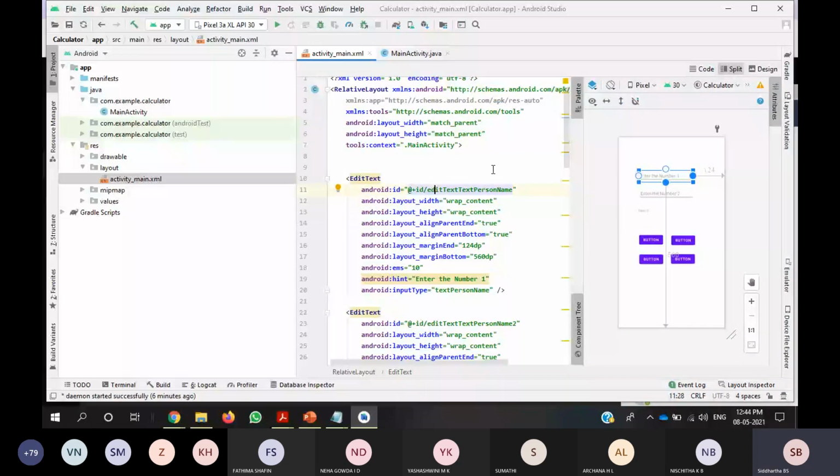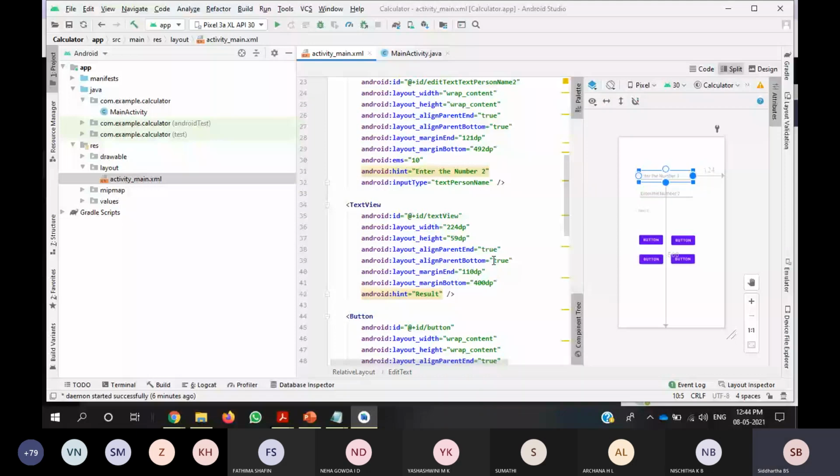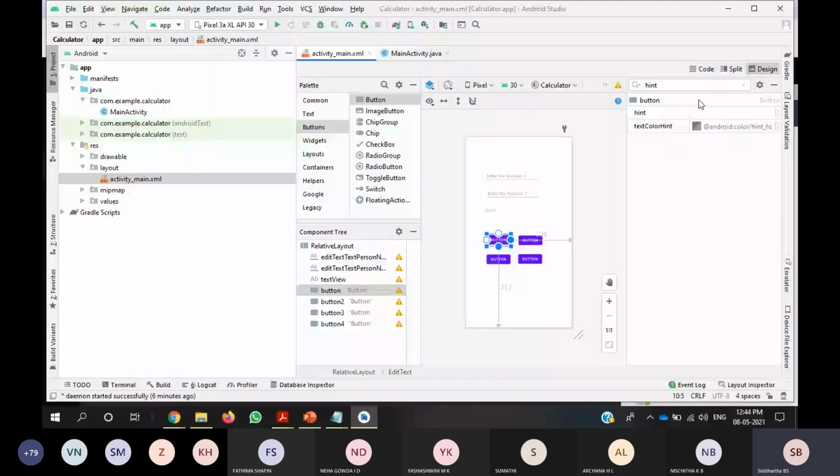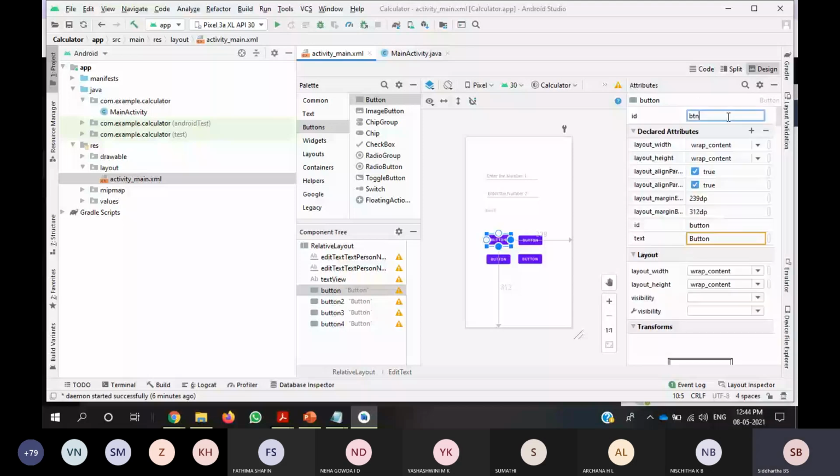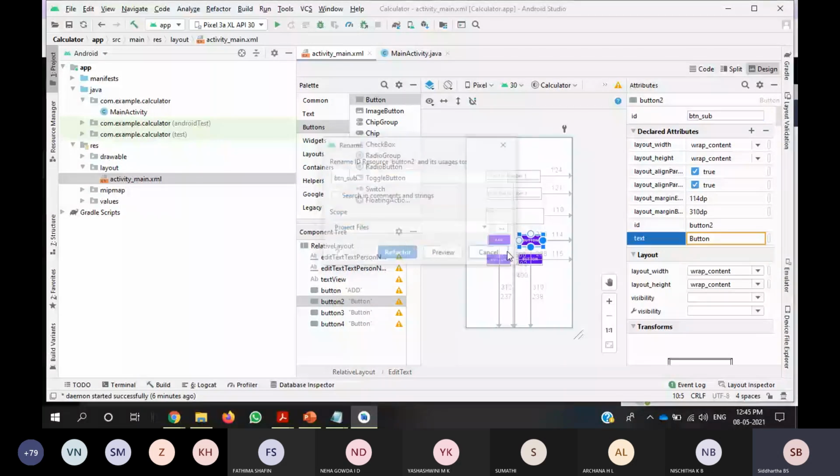Next, the first button I will take. Here I will give btn underscore add and change the text to add. Next I will change this to btn underscore subtraction, and give the text as sub. Next I will take this and change the ID to btn underscore